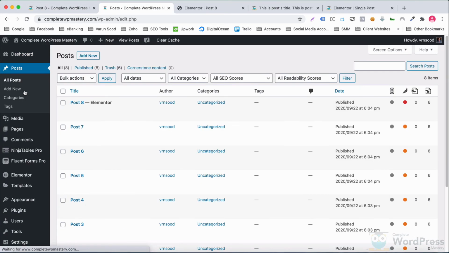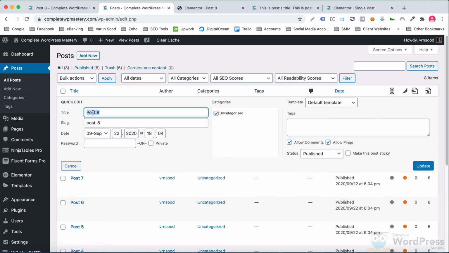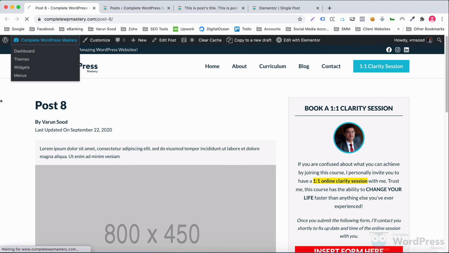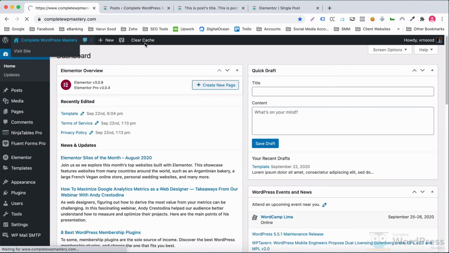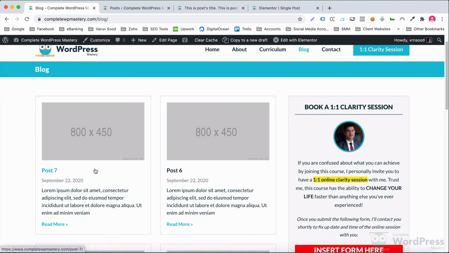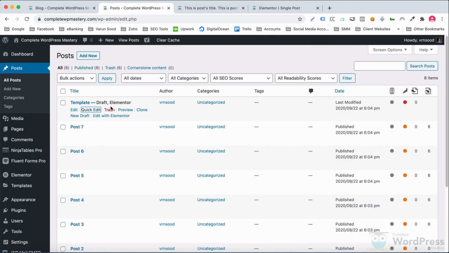What I normally do is design one blog post, call it template, and keep it as a draft so that it is not visible on the front end. Whenever I need to add a new blog post, I simply clone this template post and edit its title.